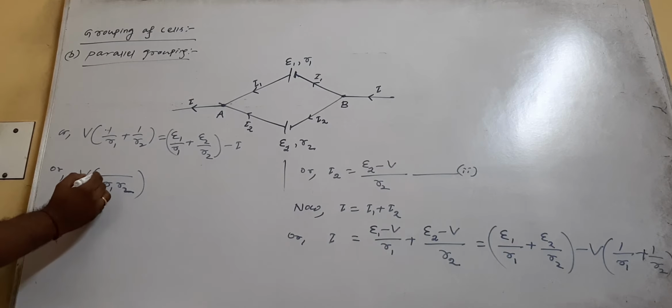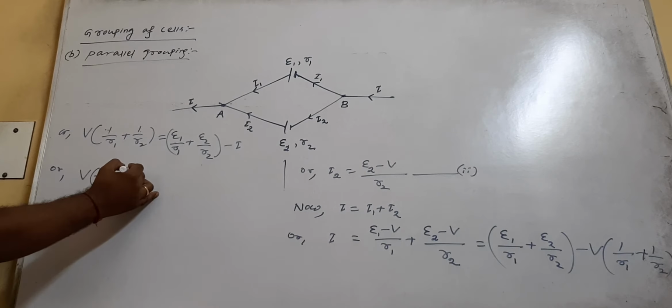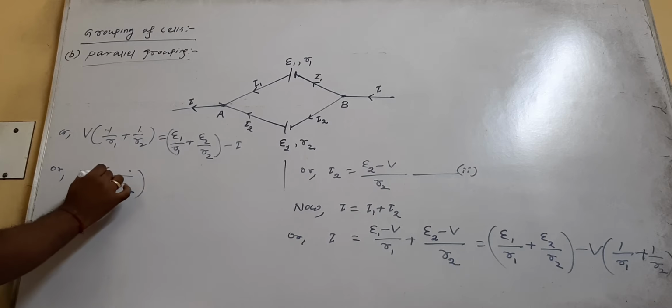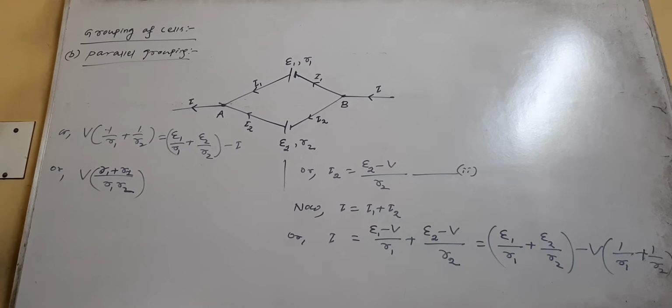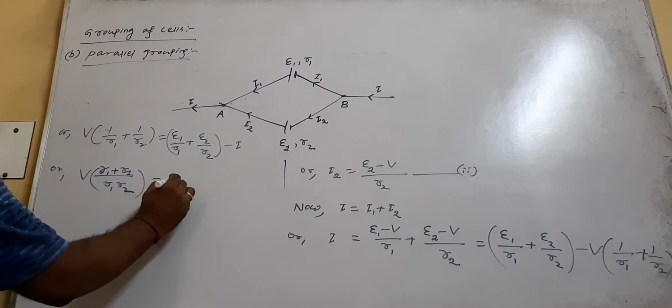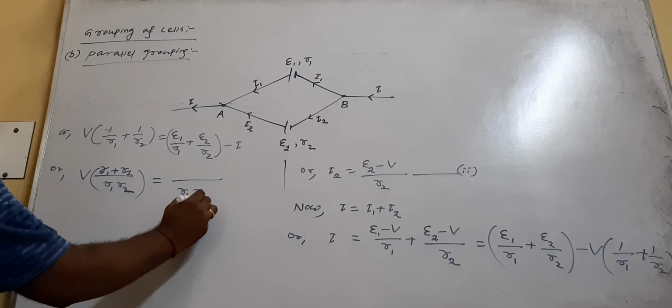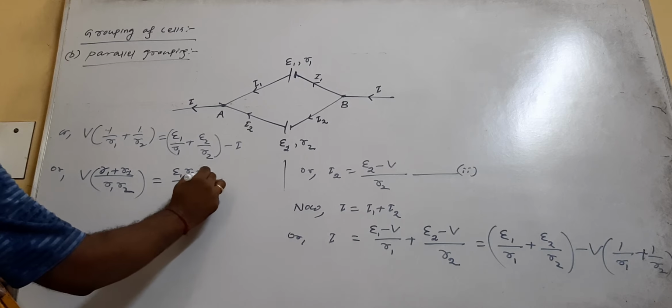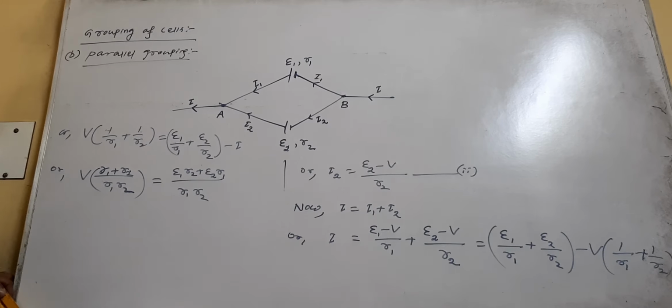Here it will be R2 and here it will be R1. So it will be R2 plus R1. So you can write R1 plus R2 is equal to, you take LCM here R1 R2, it will be E1 R2 plus E2 R1